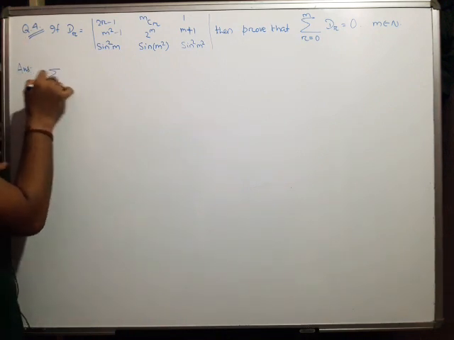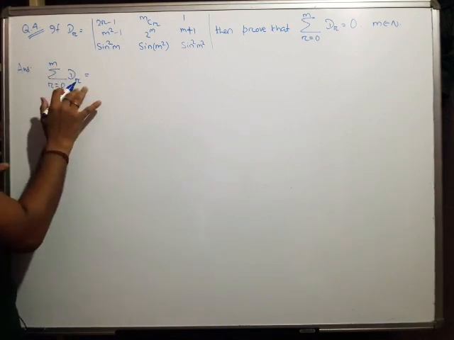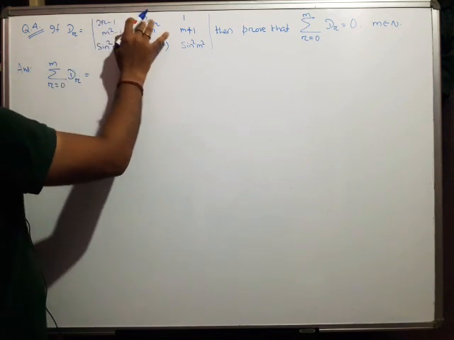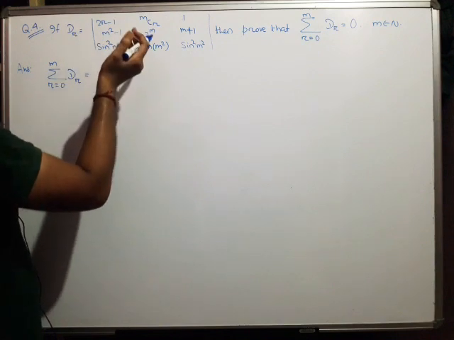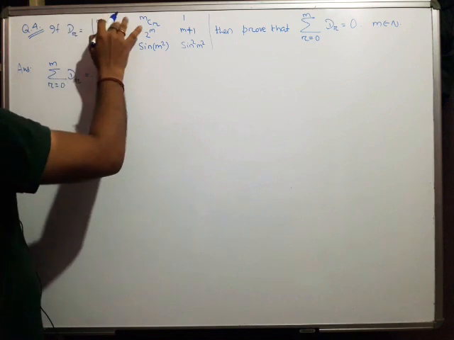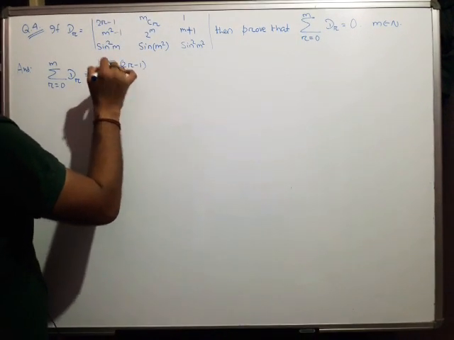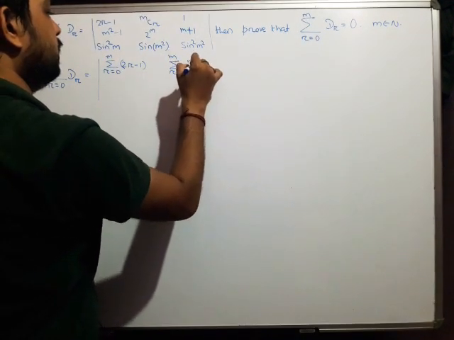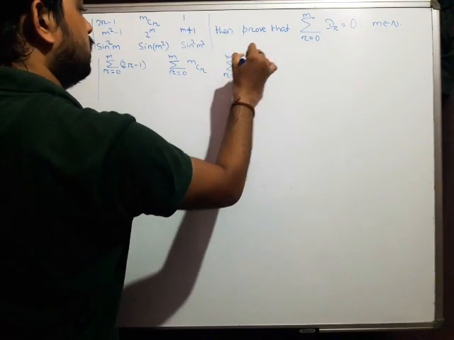Apply summation on both sides, r equals 0 to m of delta r. See, r is the variable here. The functions of r are 2r minus 1 and mCr, and 1 is a constant function. There is no other function of r in any other row. So if we apply summation, it will be applied in row 1 only: the summation of 2r minus 1, r from 0 to m; next, r from 0 to m of mCr; next, 1, r equals 0 to m.